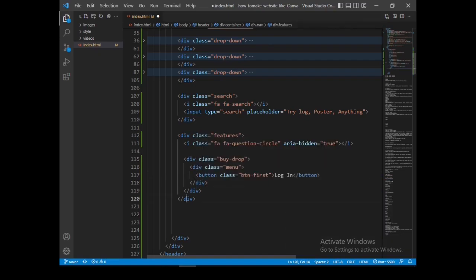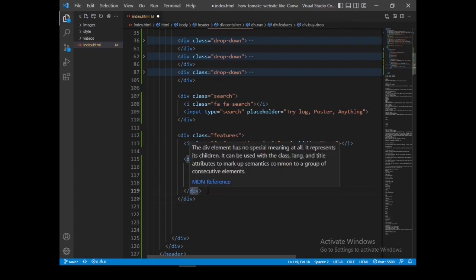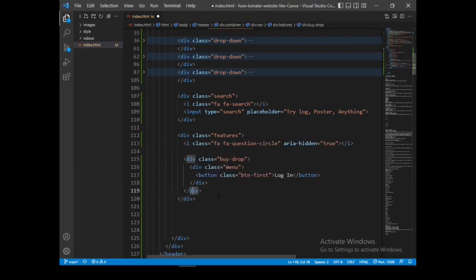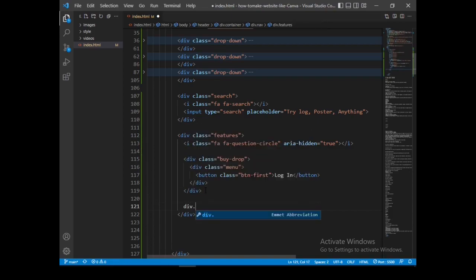Okay, so once we are done with this one, let's create another div which I'll call setting drop.